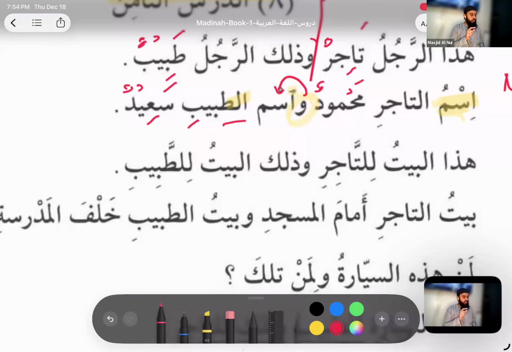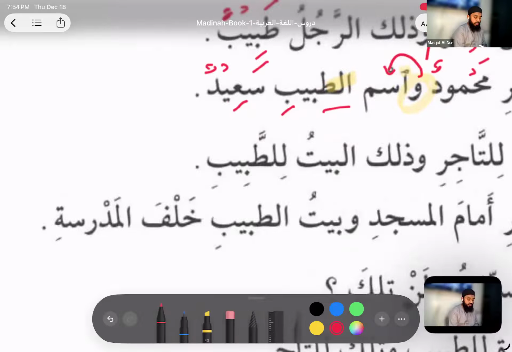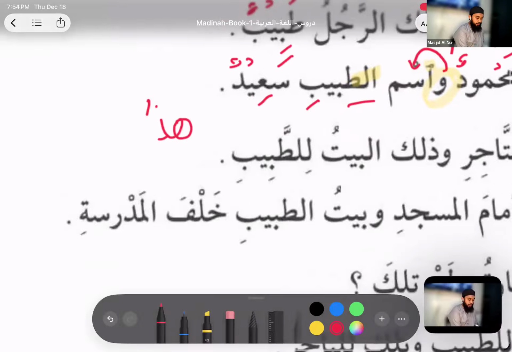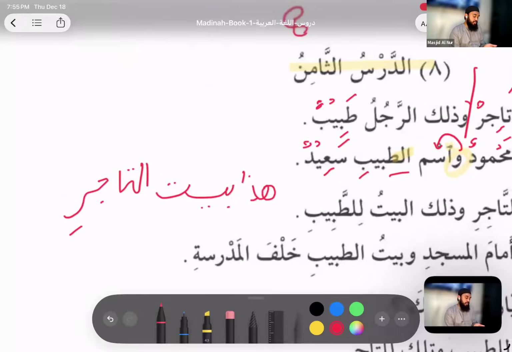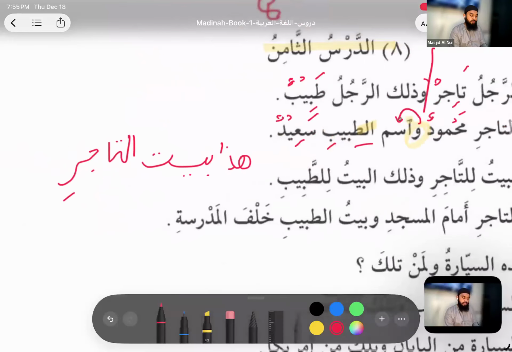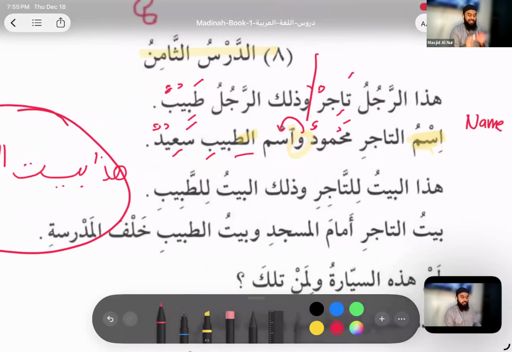Your translation is right. You said this house is the merchant's. You said something like that, right? This is the merchant's house, and that is the doctor's house, because it sounds better in English that way. It sounds better in English, but that could have also been if I were to say, هذا بيت التاجر. It would have been that translation. So the way Brother Sabab translated it, if I were to say هذا بيت التاجر, you see, he said this is the merchant's house. No, that's gonna be more for this translation. I want to see the exact translation for this.